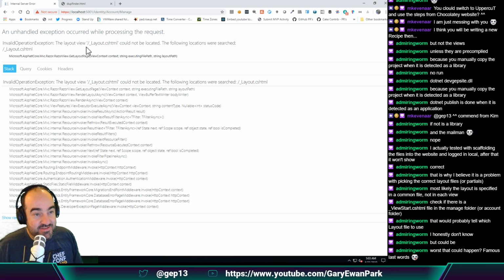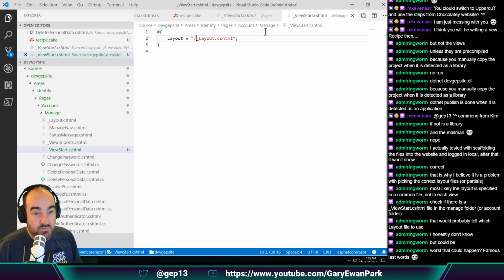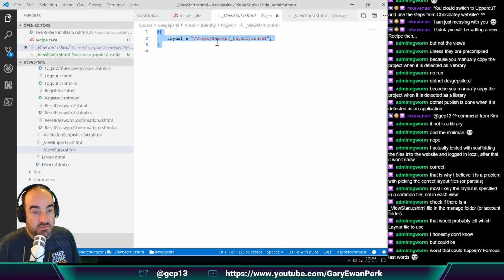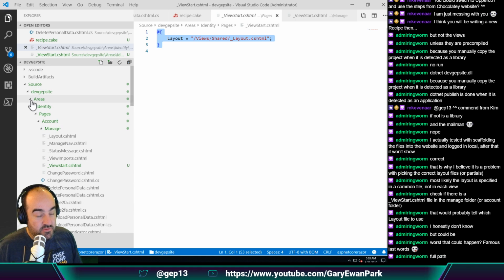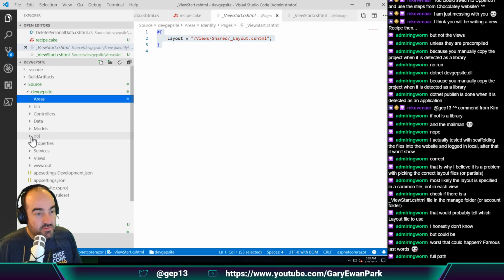The layout view, layouts HTML, could not be located. Oh, do I need to qualify what it was? So this one was views shared. Do I need to go all the way down? Full path, yes. So that one was views. So this one would need to be